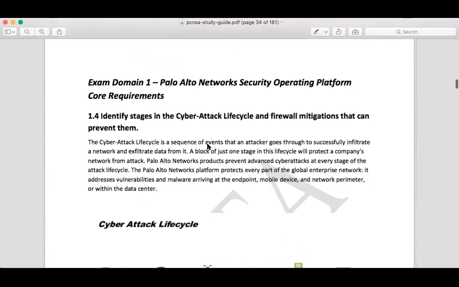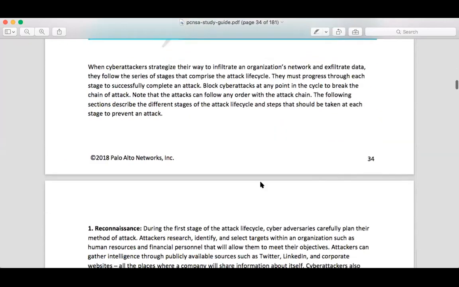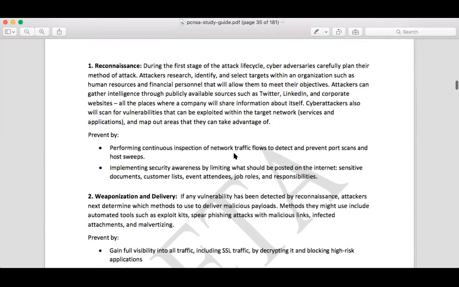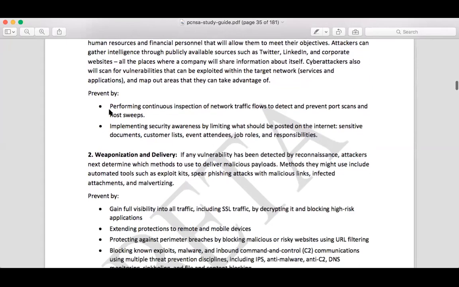Red zones, cyber attack life cycle. This is what we have discussed. If you see here, reconnaissance: during the first stage of the attack life cycle, cyber adversaries carefully plan their method of attack. Attackers research, identify, and select targets within an organization, such as human resources and financial personnel, etc. Right. So prevent by performing continuous inspection of network traffic flows to detect and prevent port scans and host sweeps,